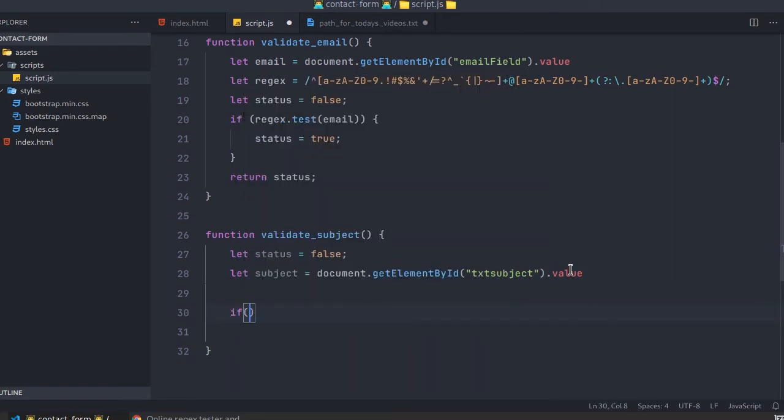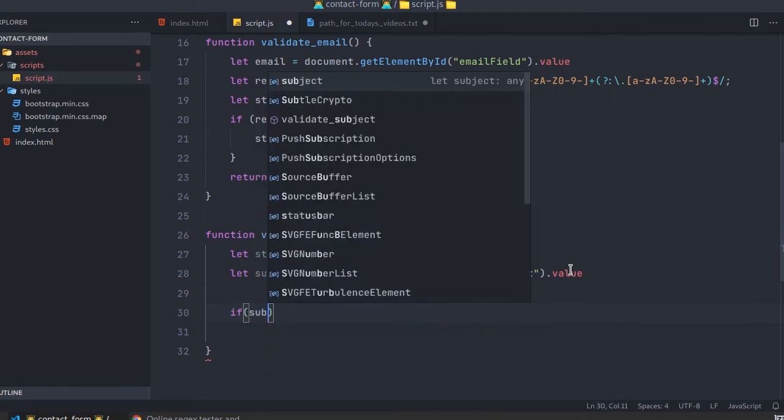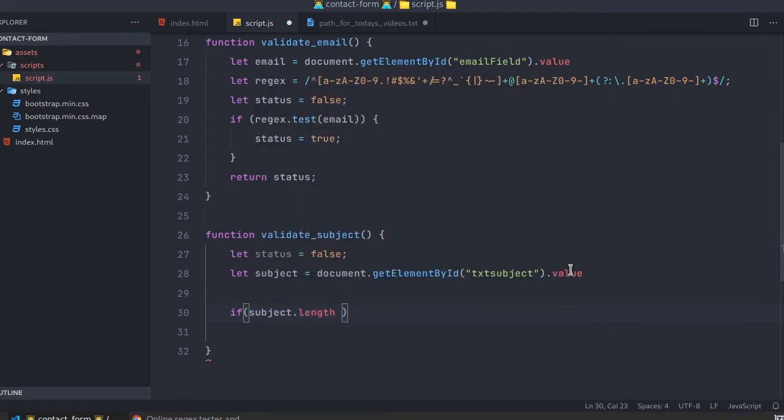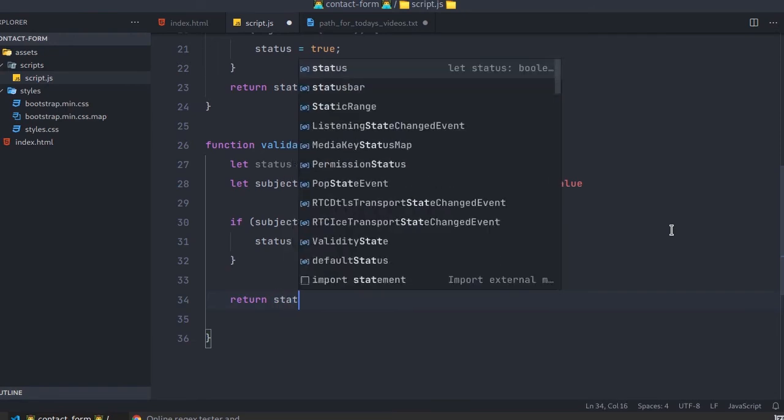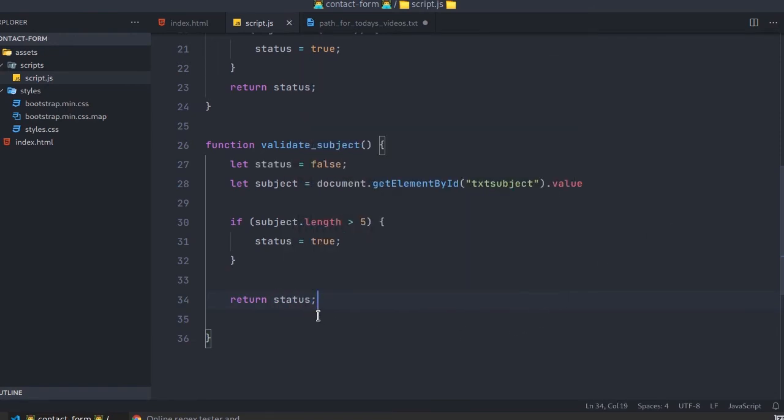Okay, now once again check: subject.length should be greater than or equal to 5, or simply at least 5 characters. If it is so, then update the status variable and return the status.